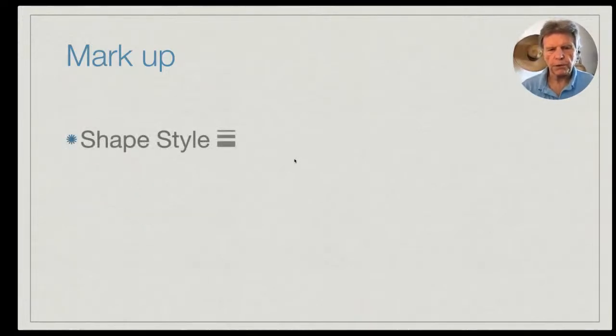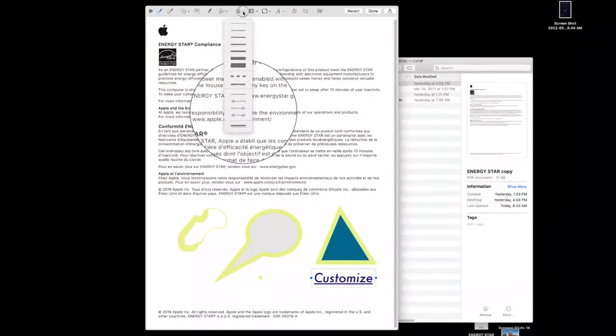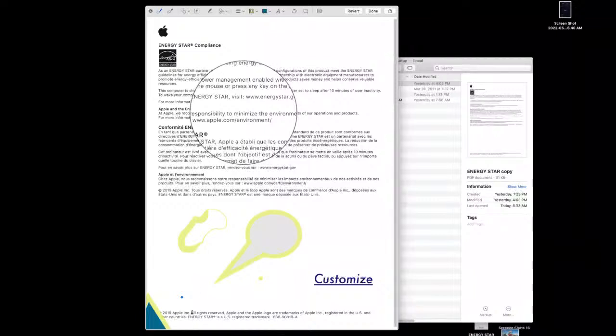So the shape and style tool looks pretty self-explanatory, just has different shapes or different thicknesses of lines. So let's show you how that works. So here we're back. So here's our shape tool, and again the down arrow indicating there's a drop down. So we can get different lines here. So I'm going to select this tool here, which wants to jump out of the way,